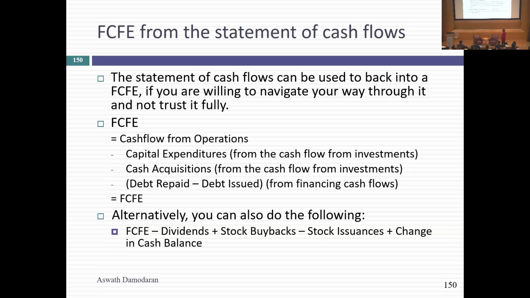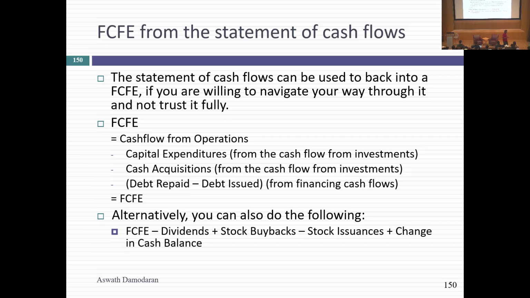There's a typo here. See this minus here? That should be an equal. There's another way in which I can get free cash flow equity, which is to work up in the other direction. I can take the dividends and buybacks that got paid out last year. And then I can add to it the stock, if I've changed, if my cash balance went up, I can